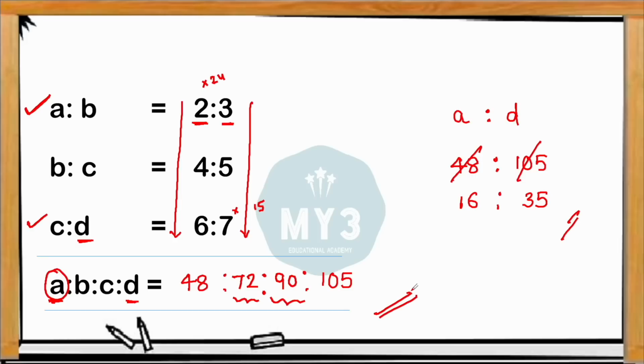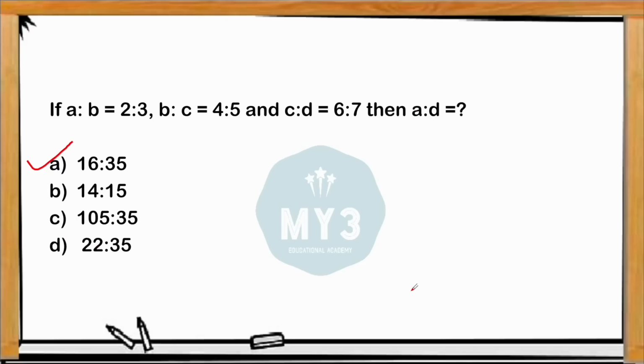Hope it is clear. But here in this question, because they are just asking A is to D, you no need to figure out all this. You can just go with the multiplication of the first terms, 2, 4, 6. Multiplication of these first terms is the A value. And to get the last term, you just multiply the last terms available. So the last terms are going to be 3, 5, 7.